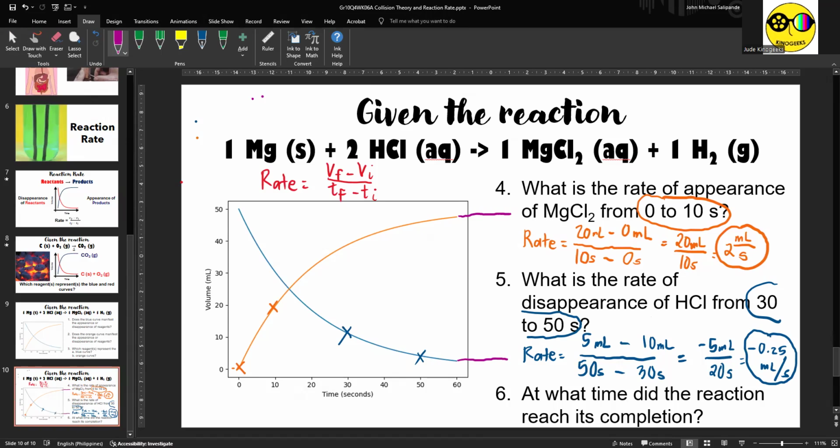At some point, no, their concentration will now be staying at the same level. It will neither increase nor decrease anymore. And that will begin at the 60-second mark. So therefore, this reaction only took place for exactly 60 seconds or 1 minute. Or basically, it will end at exactly 60 seconds or 1 minute, judging by the values on the graph.